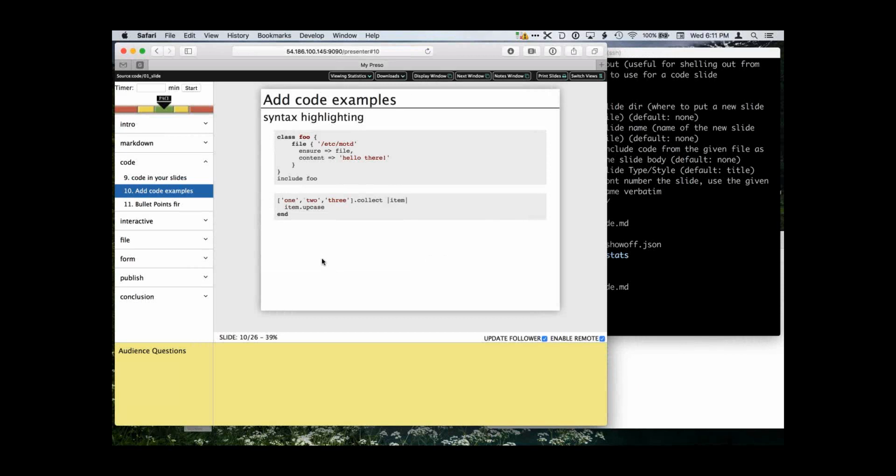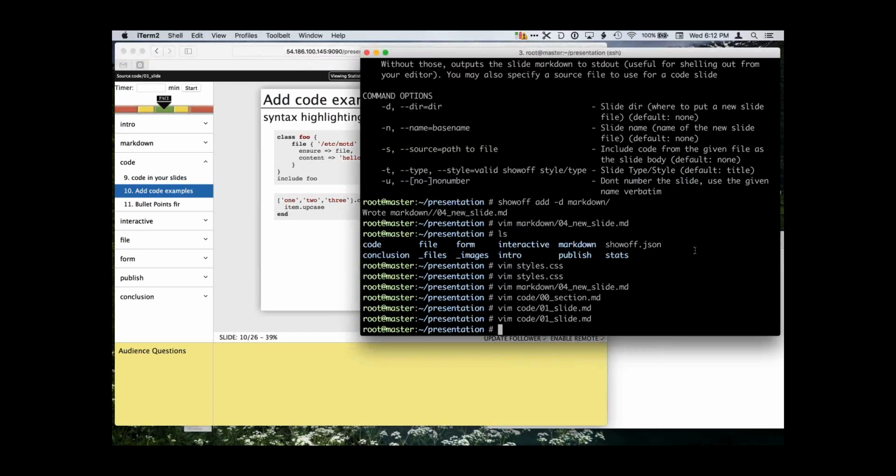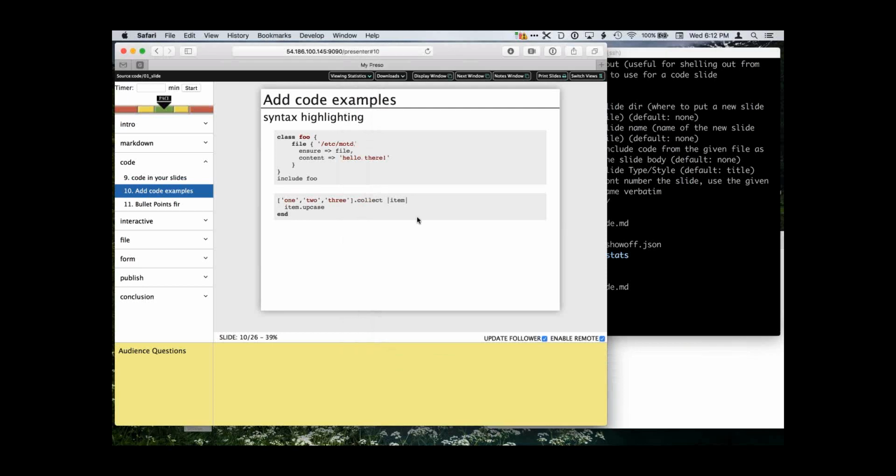And so now there are two separate code blocks. Now that break tag isn't anything special. It's not some nifty trick in Markdown. It's a special paragraph style that Showoff recognizes, and it means insert a break here so that the Markdown renderer will know that that needs to be two separate blocks of text.